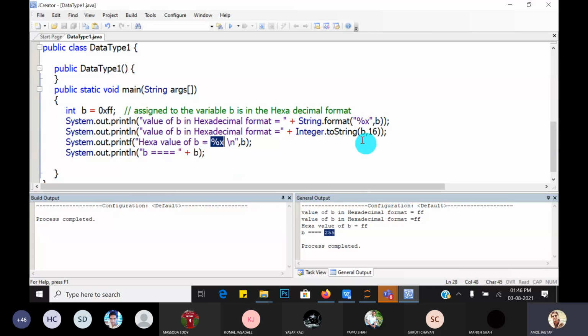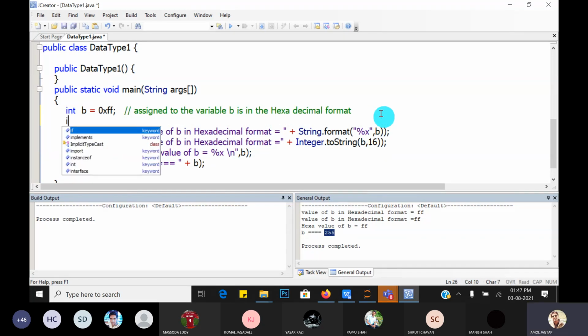Okay, and suppose here is the b number and we want to convert it into octal, then what do we have to do? Here, instead of 16, you have to write 8. For example, I will show you. Just Integer c as the name of the variable. Octal means first write 0.